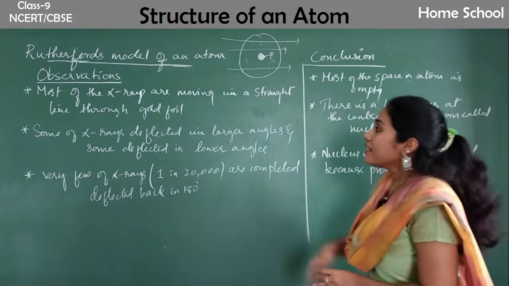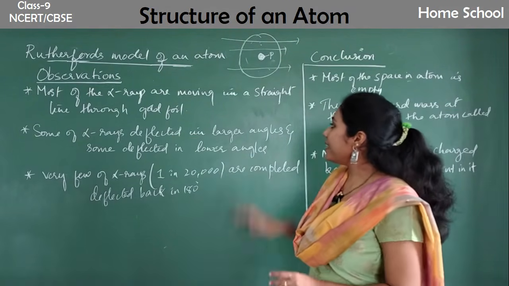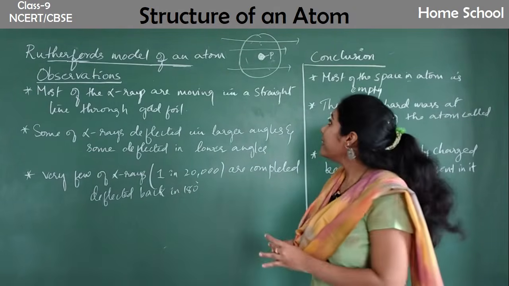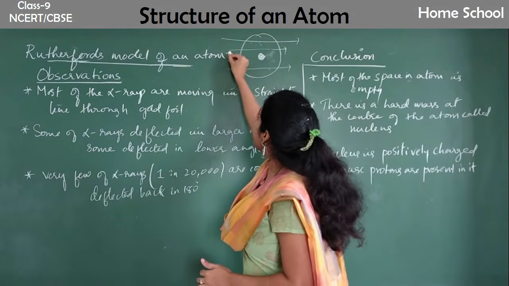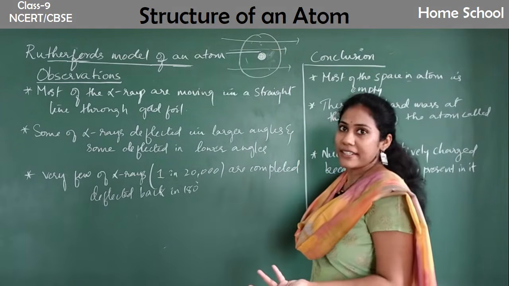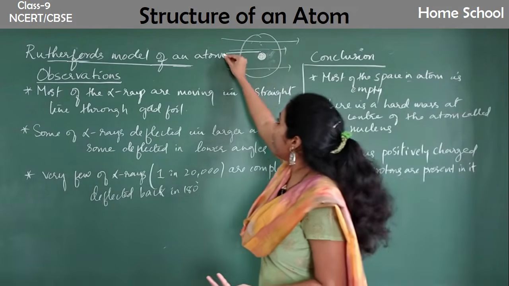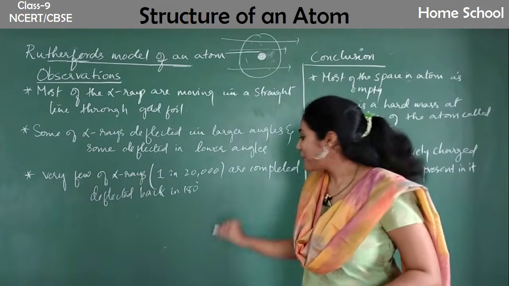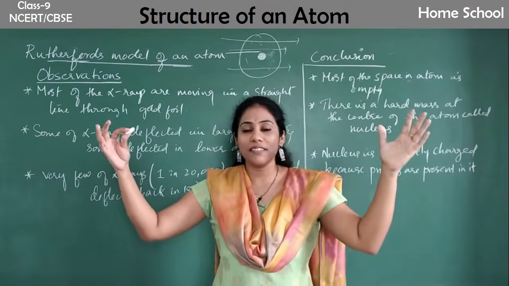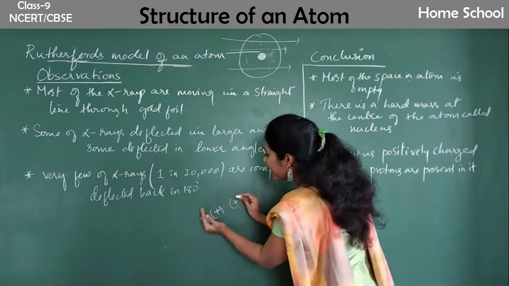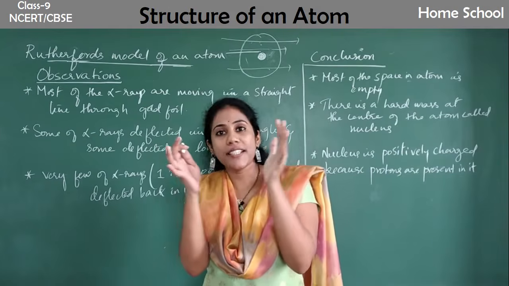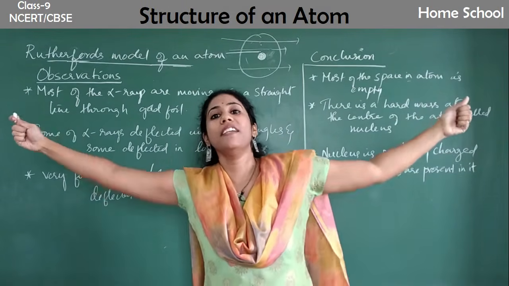Okay, and you know, some of the alpha rays deflected at larger angles and some at smaller angles. Why has this happened? It is because whichever ray is coming near this positively charged nucleus, which is positively charged because protons are there, and the alpha rays are also positively charged, guys. So when two positive charges come nearer and nearer, repulsion occurs. Yes or no? They won't get attracted. They go far away from each other. Like charges always repel.